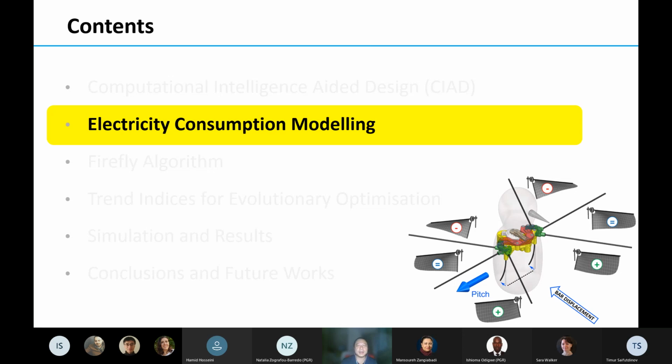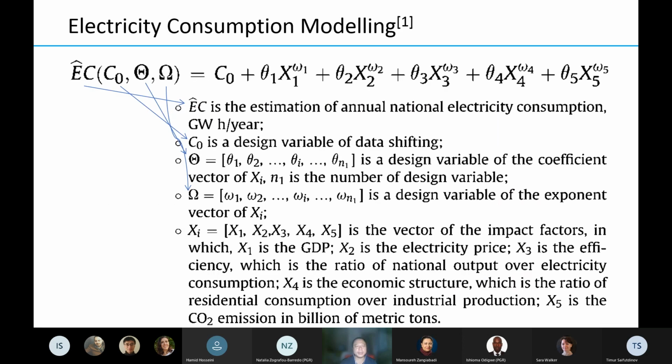I'm going to show how I employ the CID framework in electricity consumption modeling. Now we have the modeling here, which is a mathematical expression controlled by a few parameters.